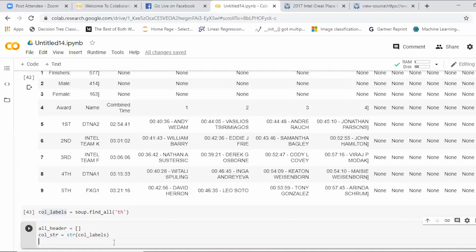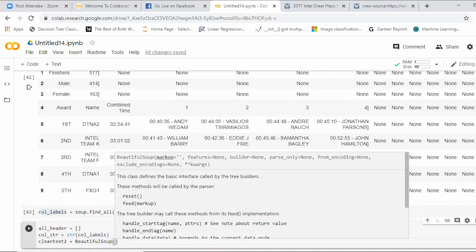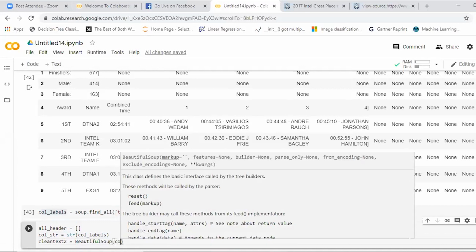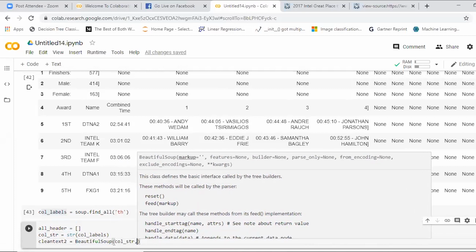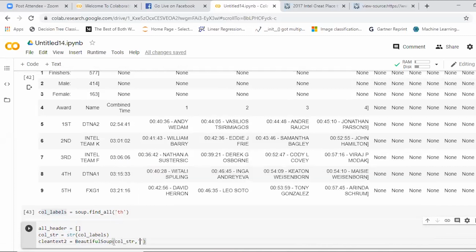The same process we have defined above, clean text of 2, where again we use Beautiful Soup. Beautiful Soup of, what is your input? column underscore str, and the feature is lxml. Only to understand, we give the proper arguments and we give the text, get underscore text, right?